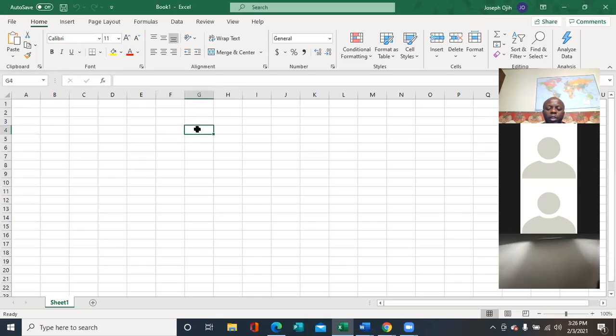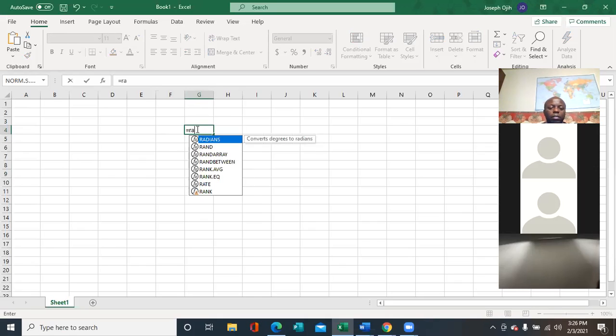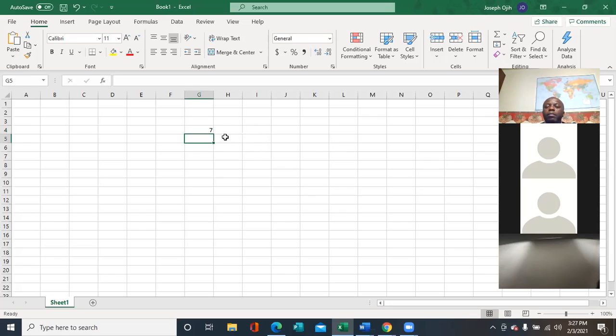Now, once I put the equal sign, I'm going to type RANDBETWEEN. Now it will come out. RANDBETWEEN is the keyword, the command. You double click on it, and it will be there. So I'm selecting from, we have 55 medications, from 1, comma, to 55. Actually, out of 55 medications, I'm selecting 15. Okay, I close parentheses. Then once it's in this form, I can press the enter key.